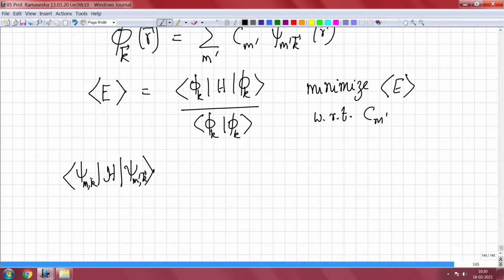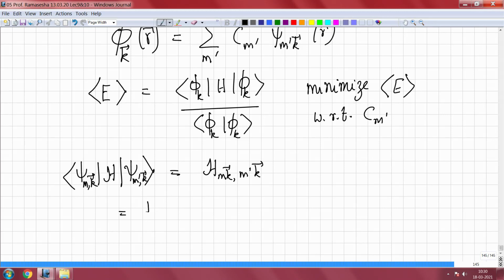The value of k is the same because in energy band theory k is conserved. Because of that, the Hamiltonian matrix element for different k values is 0. So, I will call this H m k m prime k, and this is equal